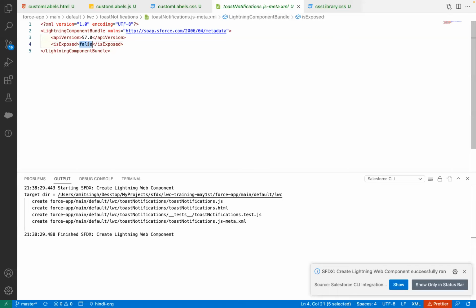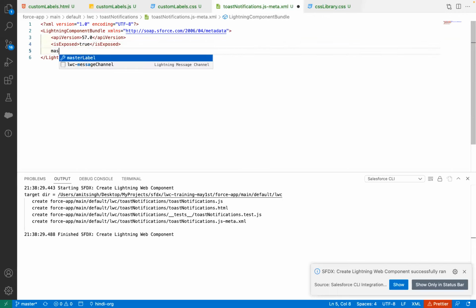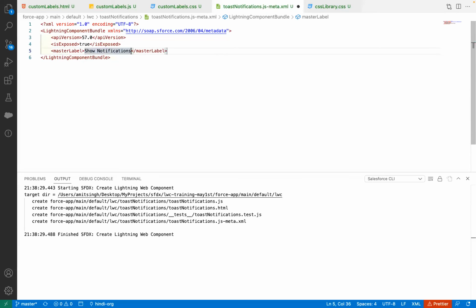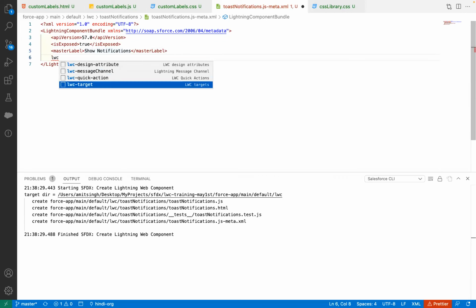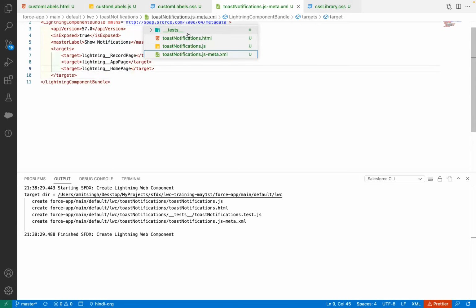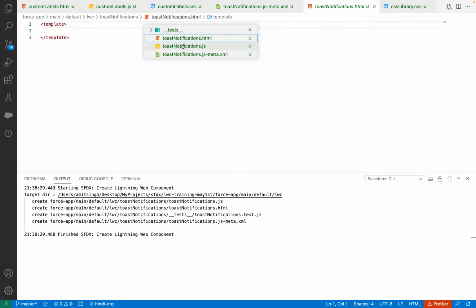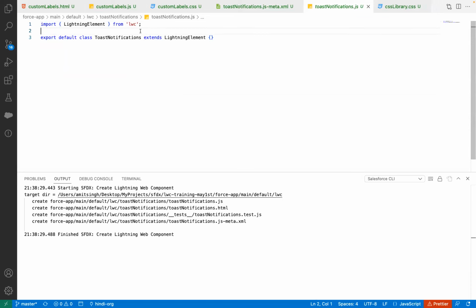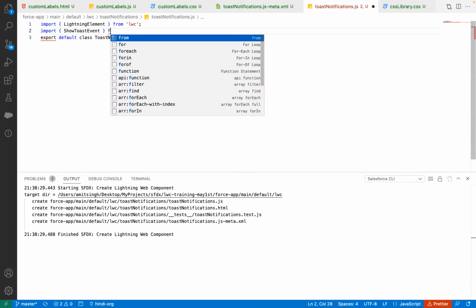If there are no questions, what we have to do is create a Lightning Web Component, or you can utilize the same Lightning Web Component. I'm going to use a new component, and then we're going to add it somewhere in the Lightning App Builder pages. The very first thing that we talked about is going to be the import statement. Let's say import, and it's going to be a method, ShowToastEvent, and we're going to say from